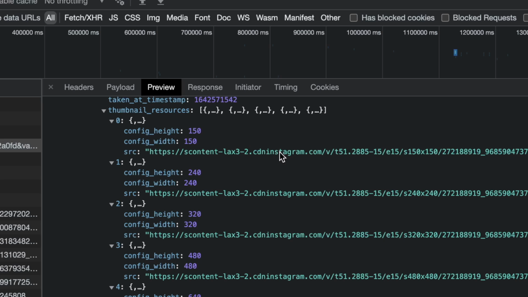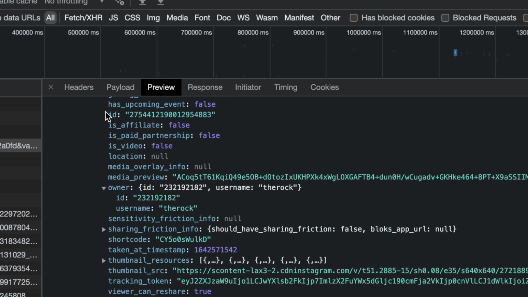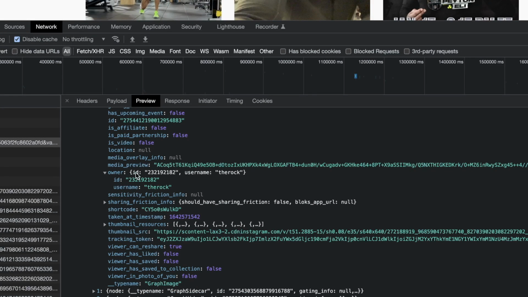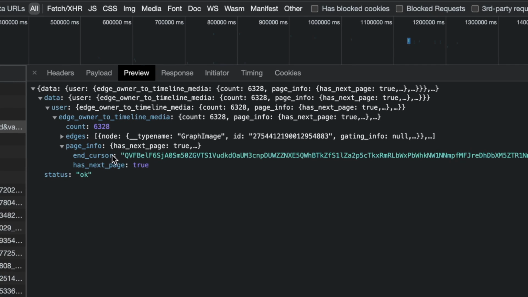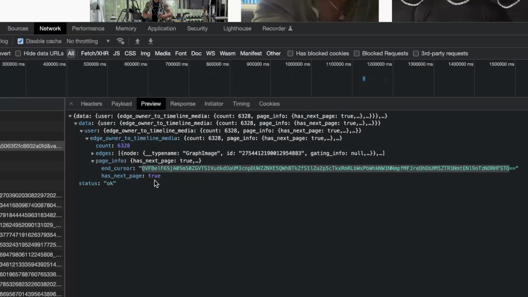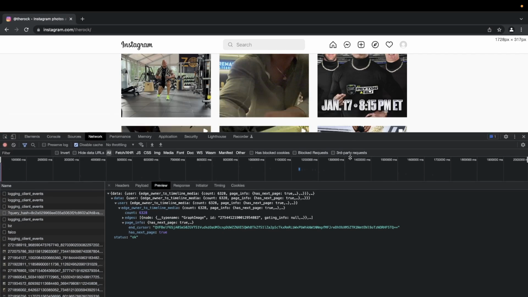So you can download exactly the one you need. Right? Granted, you can think that you can resize this on the client side, but why not just have it in the backend and just download the actual one you need. All right. So just like TikTok, we have the idea of the cursor concept here, where, hey, this is my end cursor, and basically this is just one of the items, really. It's like, hey, this is where I reached when I last queried. And my scrolling has more pages. So this is to tell the client that, hey, if you continue scrolling, you're going to see more stuff, obviously,